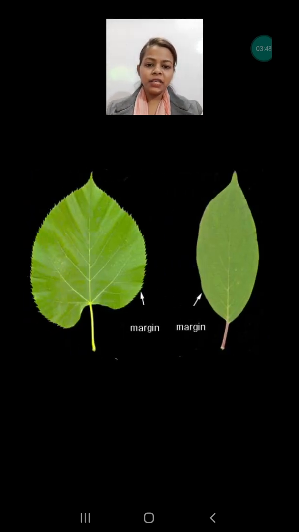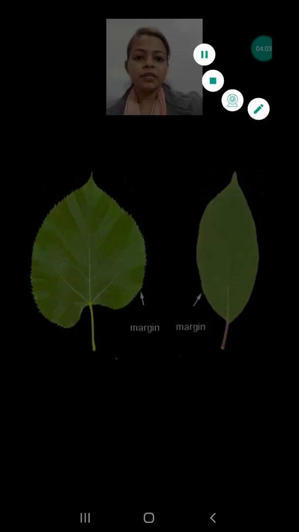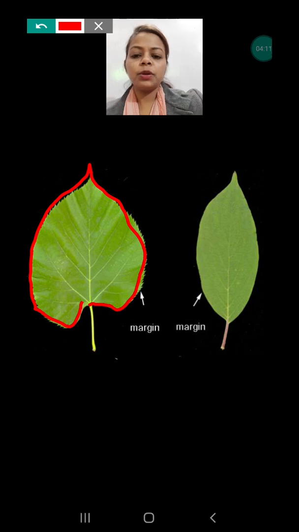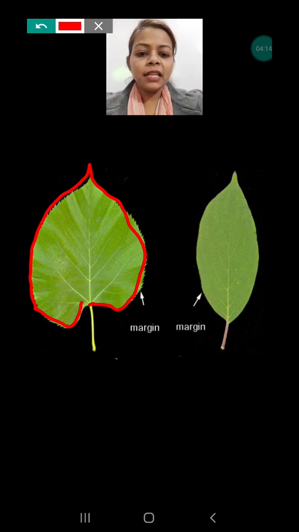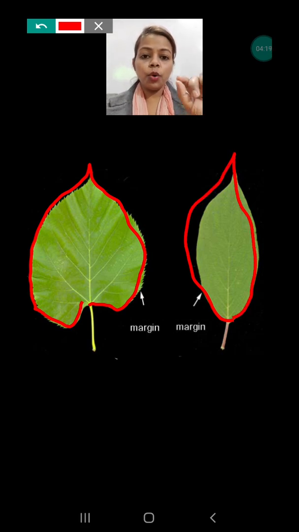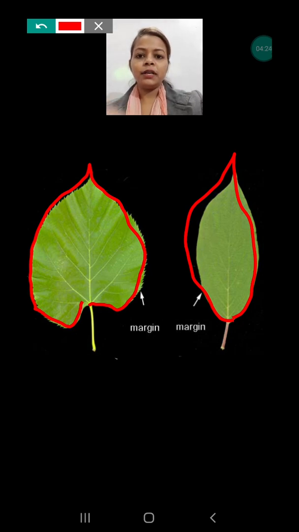The next part of the leaf is the margin. What is the margin? The margin is the edge of the leaf, and the edge is different in different leaves, as I told you in the beginning. As the shapes of the leaves are different, the margin will always be different. But actually the margin is present in all leaves at the side of the leaf. As you are seeing, I am drawing. So this is the edge of the leaf. The margin of this leaf is like this, and the margin of this leaf is like this. So the margin is the edge of the leaf that I have drawn in this picture. You all understood, I guess.